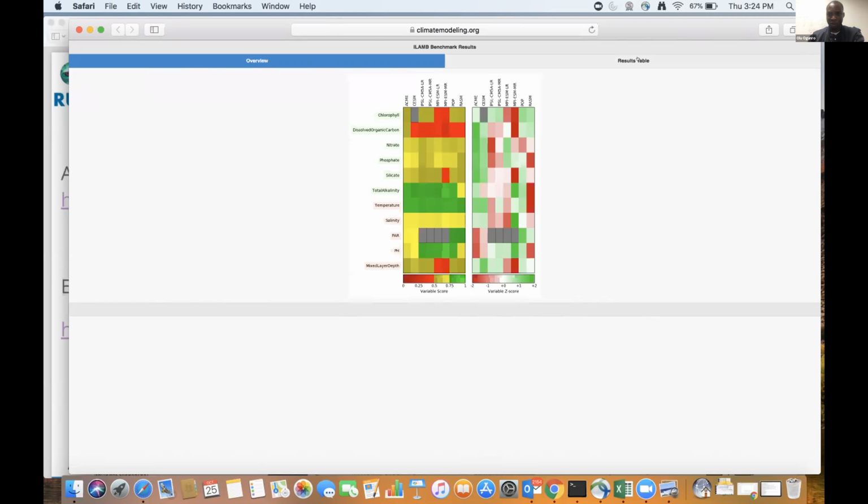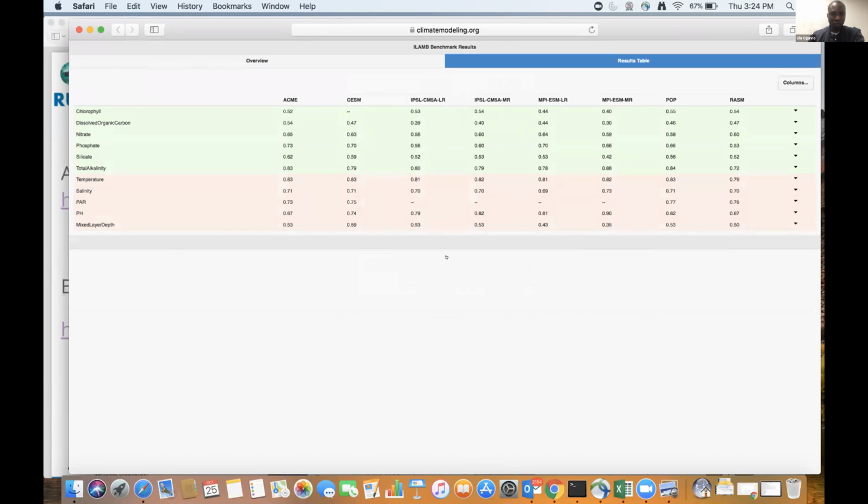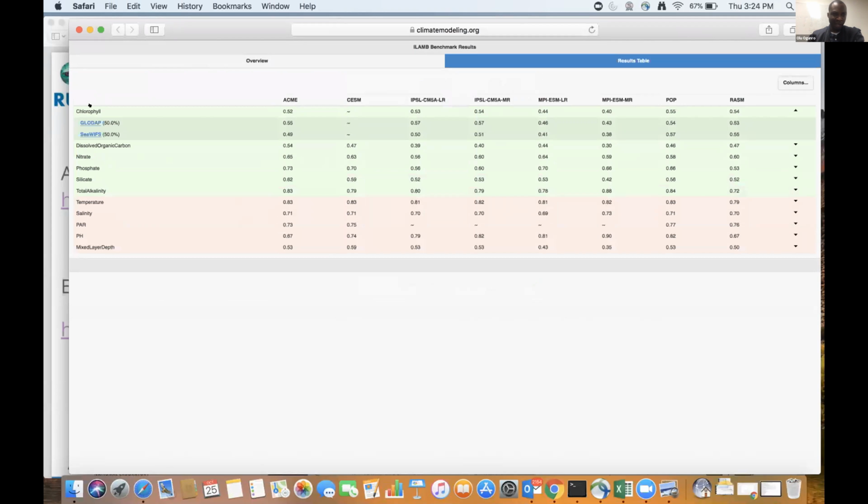So if I click on the result table, I begin to see the variable score, which is the overall score, which I talked about the other time. And then you could click on whatever variable you're looking at. In this case, I click on chlorophyll. You see, I'm using two data sets here. I'm using the SeaWiFS data set, and I'm using the GLODAP data set.